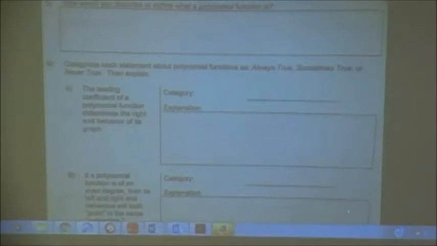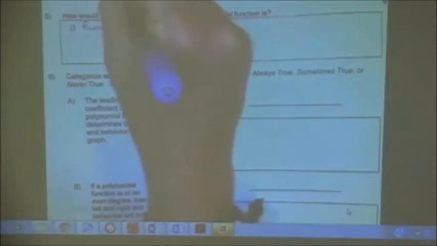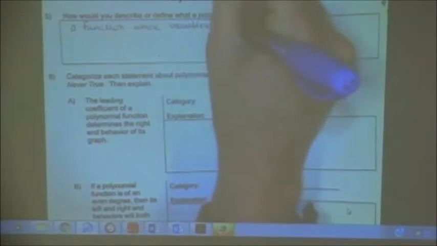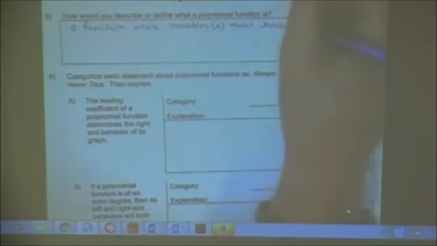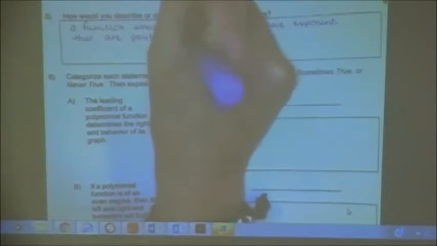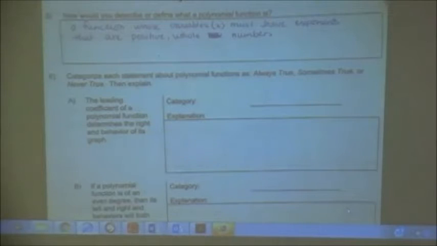Definition of polynomial function. It is a function